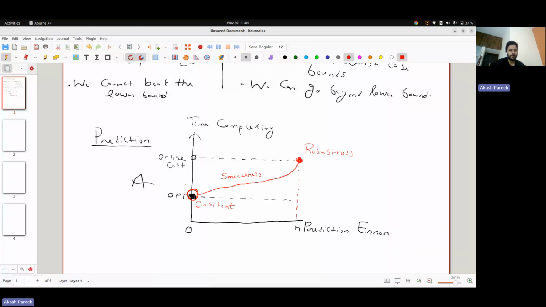And in between, if your prediction error is increasing, your time complexity should increase as a function of the prediction error. Okay. So this is in general for any kind of algorithm with a prediction model that we want this kind of guarantees. Okay. Now, to show you what this exactly means, I will come up with a very